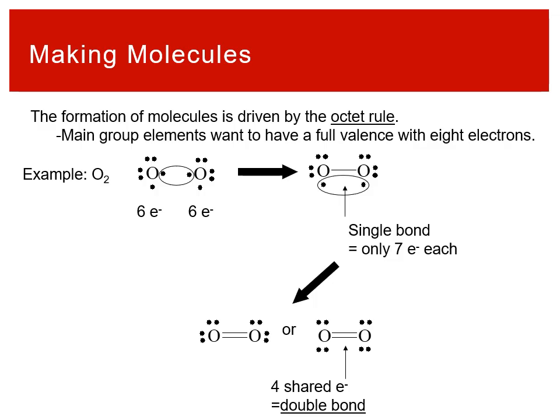So we draw 2 lines between the oxygen atoms. You'll note now with the lone pairs, we have these 2 representations of the O2 molecule. Either of them is acceptable. Again, what's most important is that you have the 2 lone pairs on each oxygen atom, not where they are